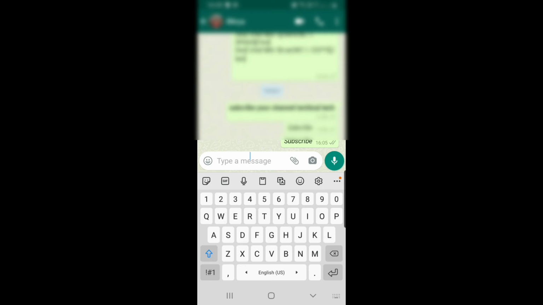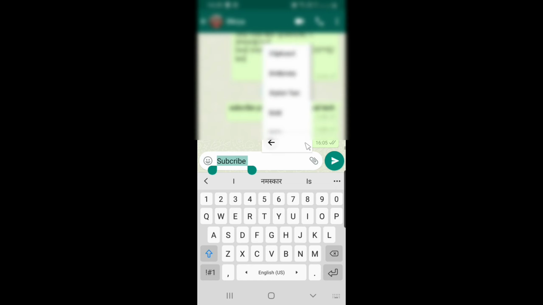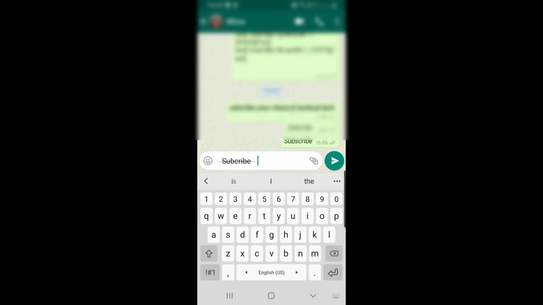Now a different one. As you can see, the word that we have taken has been dashed, like when something has been wrong, we strike it out like this.